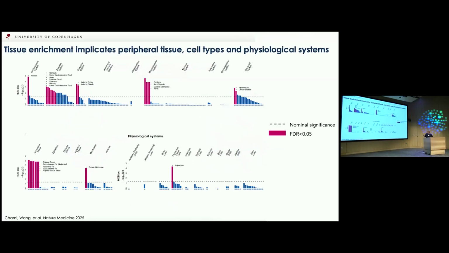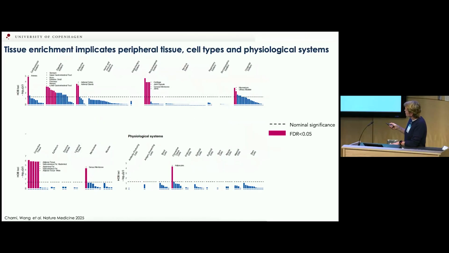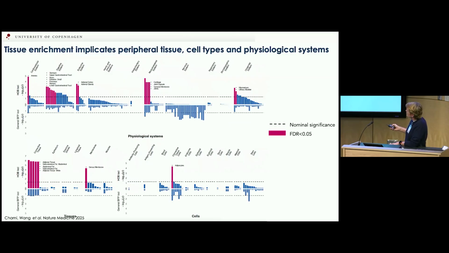If you look at tissue enrichment analyses with a healthy variance, it's particularly the peripheral tissues that show up, adipose tissue, abdominal fat, and so on, but also cartilage, adrenal, stomach, whereas the unhealthy score, similar to the BMI score, is associated with the central nervous system. Right? So clearly different biology is being observed.